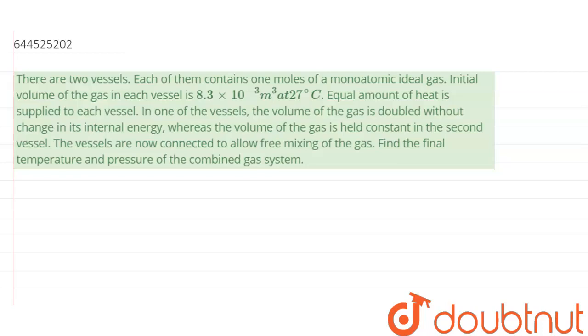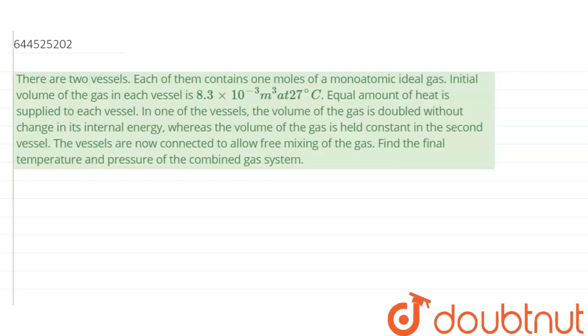Equal amount of heat is supplied to each vessel. The amount of heat is also equal for both vessels. In one of the vessels, the volume of the gas is doubled without change in its internal energy. The volume of the first vessel is doubled because of giving the heat, that is V initial becomes V final, that is 2V, without change in its internal energy. There is no change in its internal energy, that means delta U is 0, that means there is no difference in temperature. Temperature remains constant,